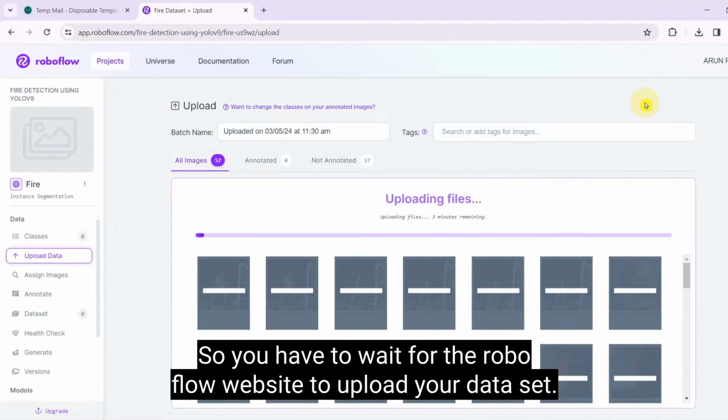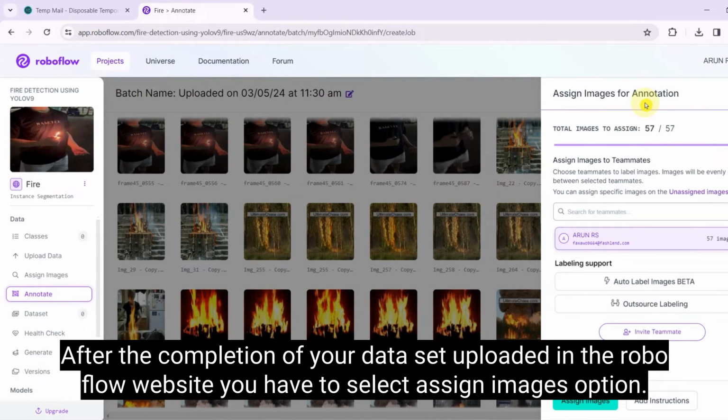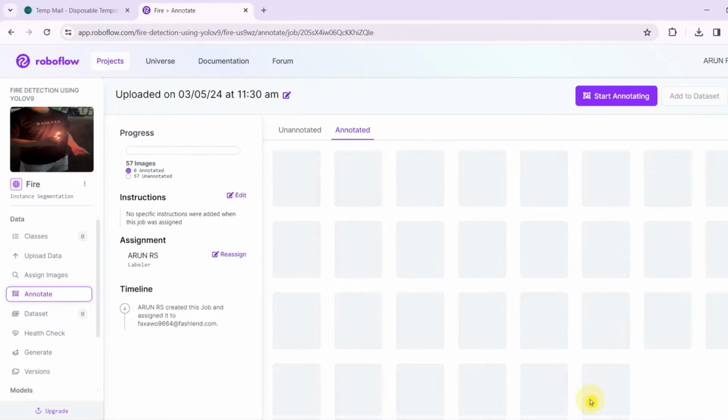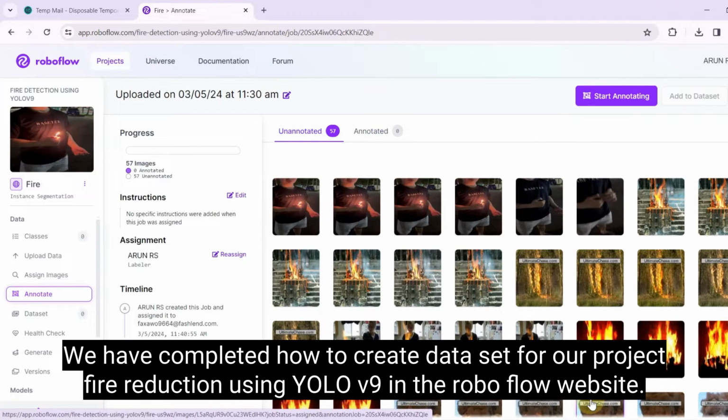So you have to wait for the RoboFlow website to upload your dataset. After the completion of your dataset uploaded in the RoboFlow website, you have to select assign images option. So that's it. We have completed how to create dataset for our project fire reduction using YOLO v9 in the